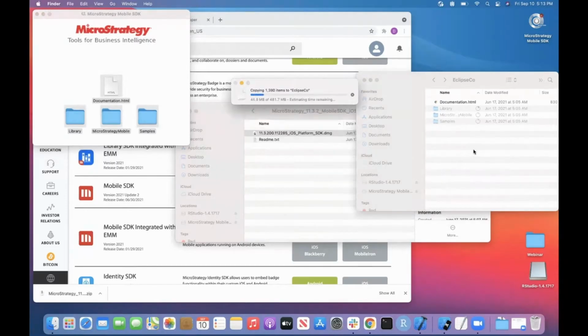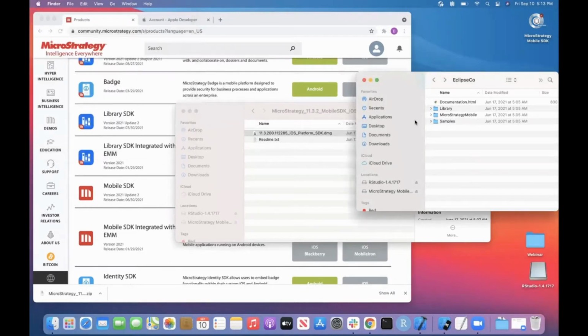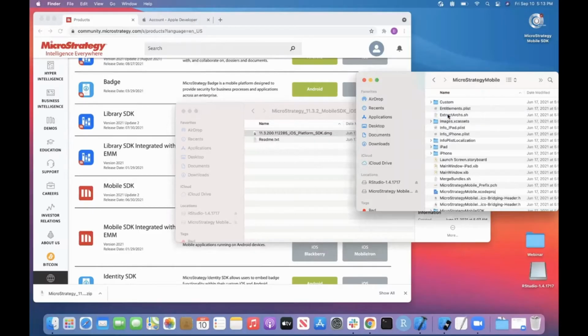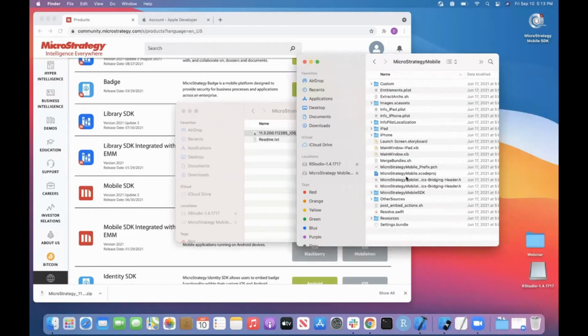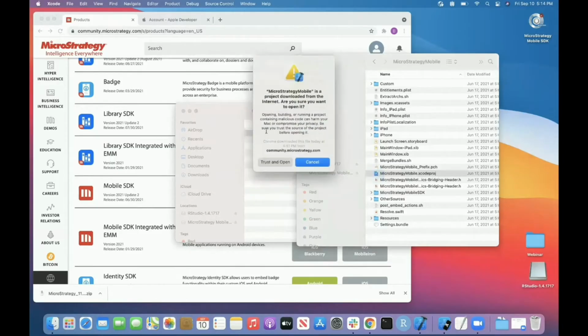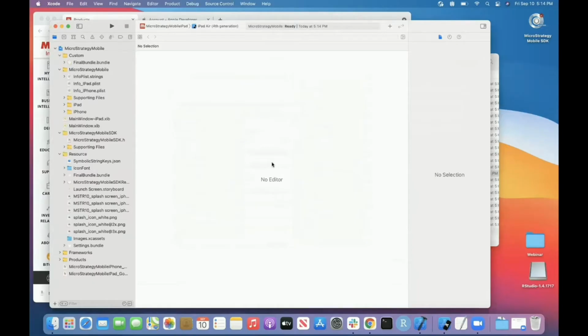This could take a little bit of time, as the files are downloading. Once everything is downloaded, you can exit out of the DMG file. And here you'll see the MicroStrategy mobile folder, which we'll be focusing on. Clicking on the MicroStrategy mobile Xcode project opens up the Xcode project. And here we'll be able to see the Xcode